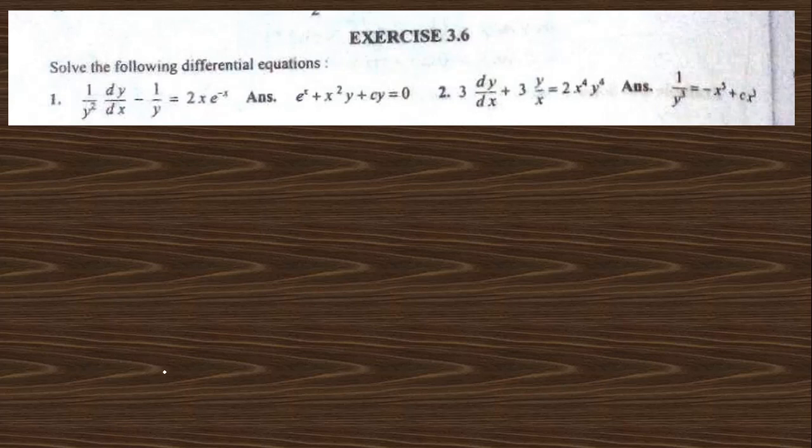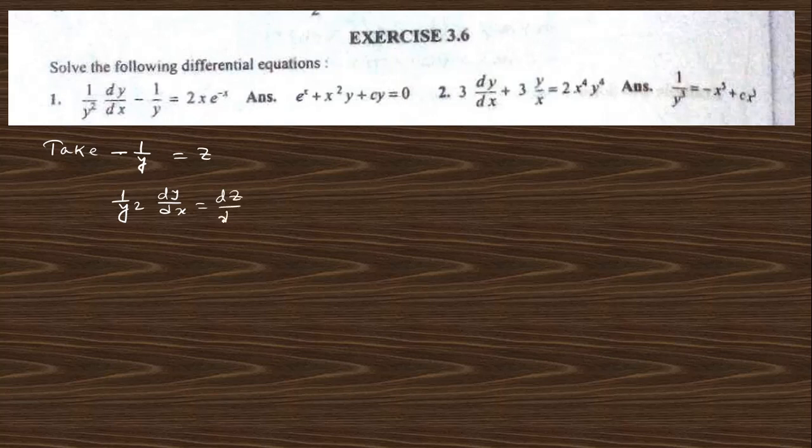Next, this is the exercise of the book Mathematical Methods by H.K. Dass. If you want to solve this equation, you can take minus 1 by y equals z. Actually we need to substitute this portion, so take minus 1 by y equals z, so this becomes 1 by y square dy dx equals